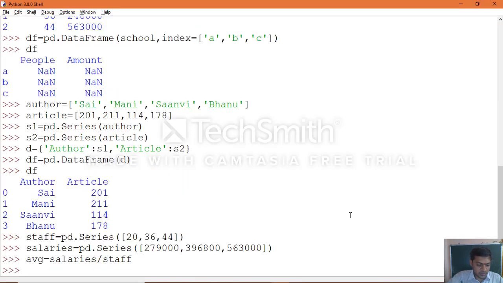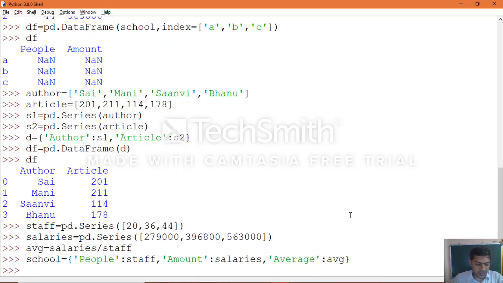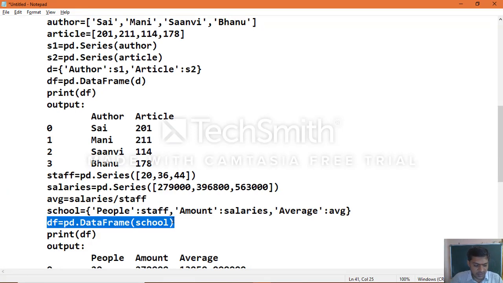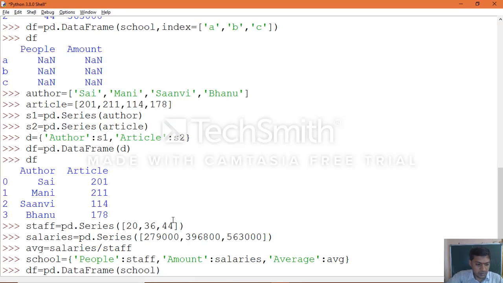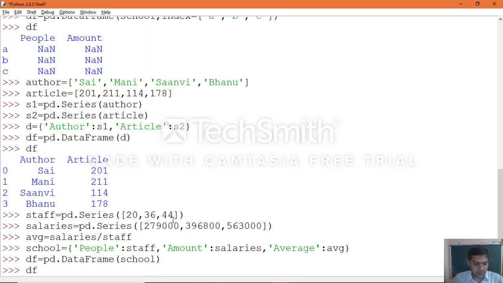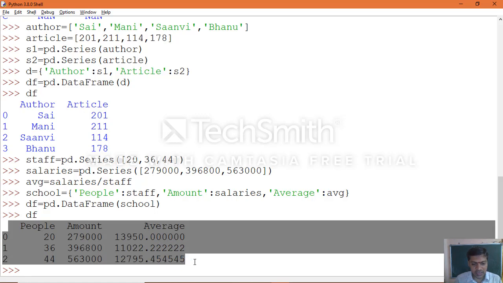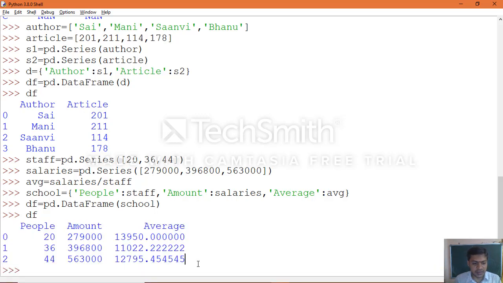Here we took the example of school; organization means any organization. Now create the data frame finally. Print the data frame, print of df. You can see the output in such a way that it shows people, amount and their average. So that is how their average takes place.